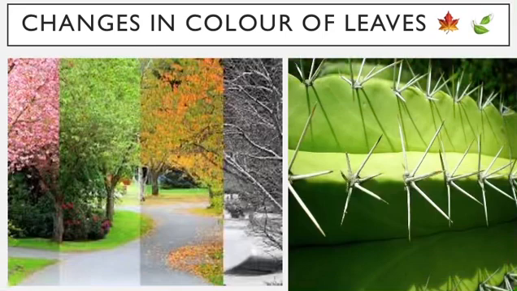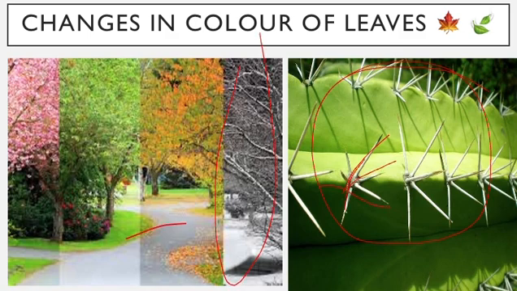There are some trees where the leaves are not there in normal form, for example, the cactus plant. The leaves of the cactus plants are reduced to spines. Here you can see in the second picture, this is the cactus plant which has spines. This is the shed leaves, and these are the different colors of leaf during the winter season.